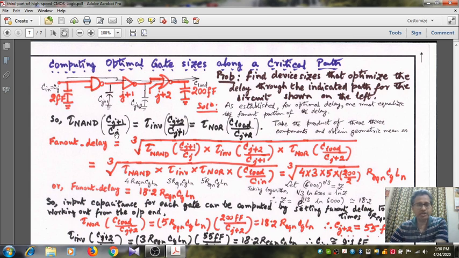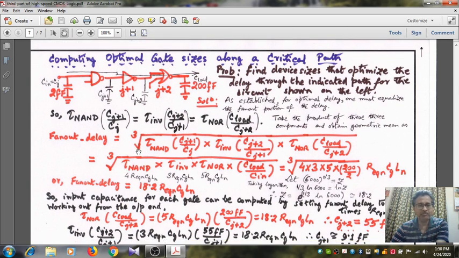Now, in order to find out the stage delay, the fan out portion of the delay, take the product of these 3 stages. You have got 3 stages. Take the product of these 3 components and obtain the geometric mean. That means you multiply out the fan out portion of the delay and take the third root, or the cubic root. Okay, that's what we have to find out.